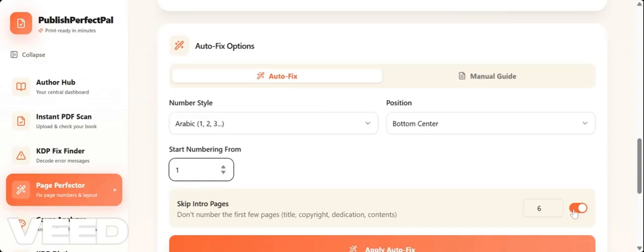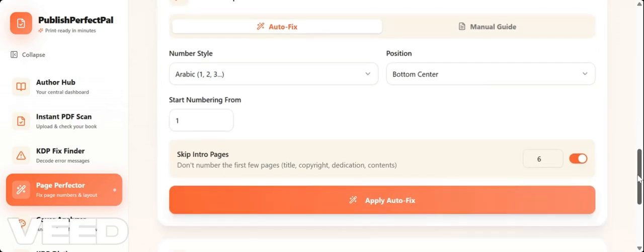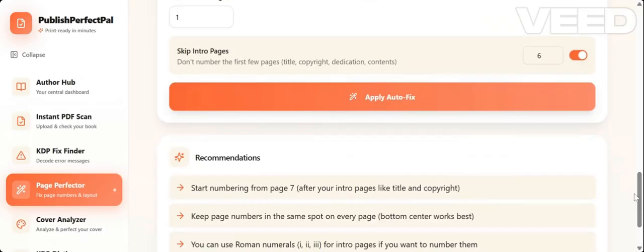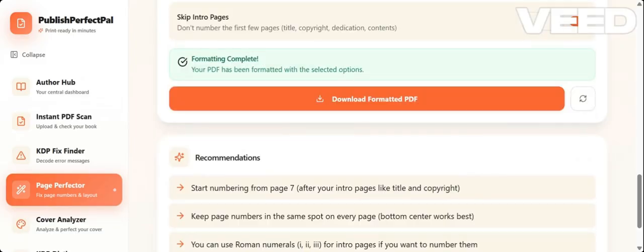So you can turn it off. You want to turn it off though, but you can also turn it on. That'll be the first 6 pages of your book, roughly. Okay. So I'm going to click on apply auto fix right here. It's just going to do that for me. All right, so as you can see here,